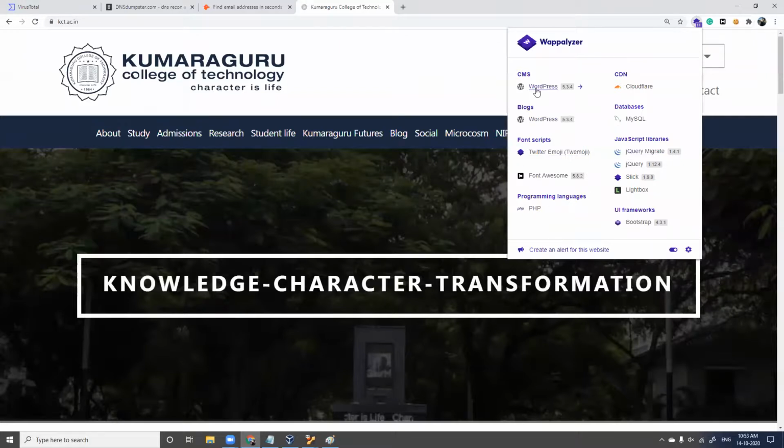It says my target uses WordPress and they're using Cloudflare. The database they're using is MySQL. And yes, I get a lot of information like this. And this is a kind of bug, 5.3.4. Why is it a kind of bug? Because the version of this WordPress server should not be disclosed.